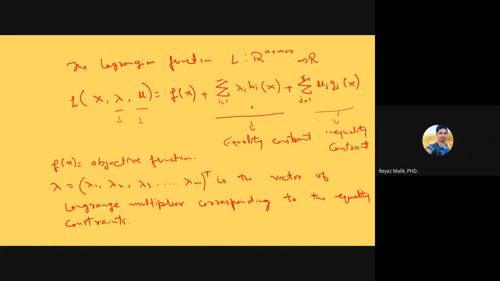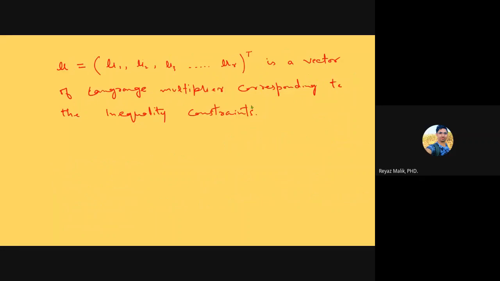Inequality constraint, we have not solved any problem, but the functional form I have shown you, it should be very clear by now. How does it work? Now, my only question is, here is this symbol,